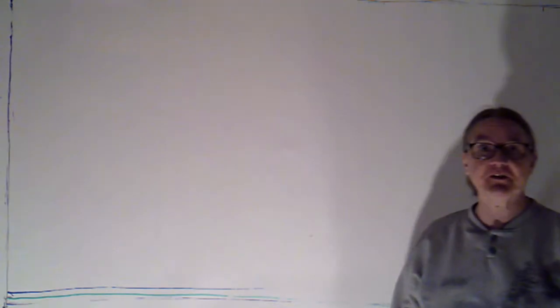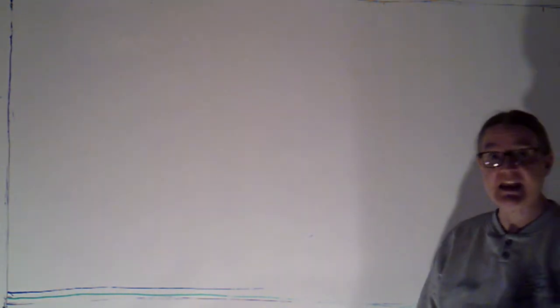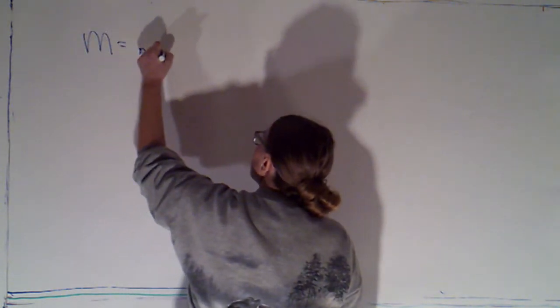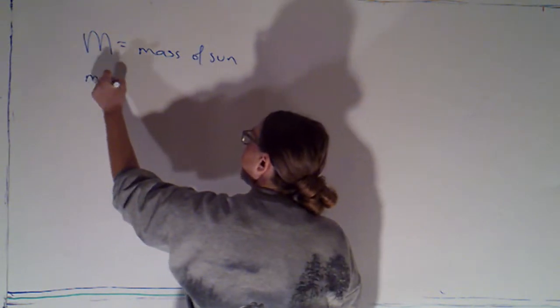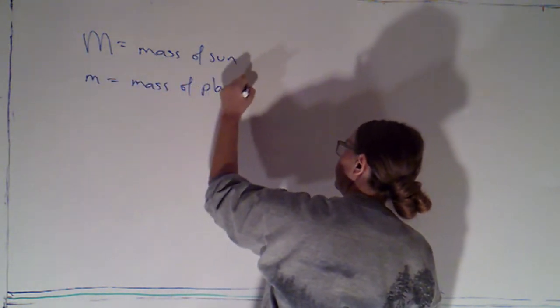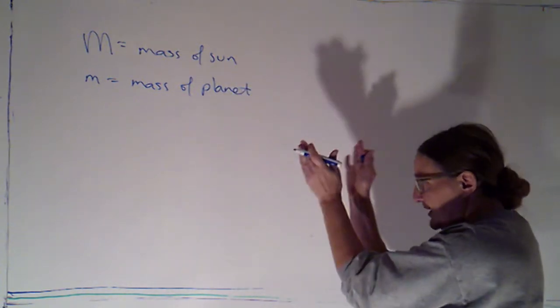Okay, in this video I wanted to explore some force fields a little bit more. I want to start by taking a look at a gravitational force field. So I'm going to let big M represent the mass of the sun. I'm going to let little m represent the mass of a planet. Could be the Earth, could be Mars, whatever, but I'm going to pick one planet and we're going to work